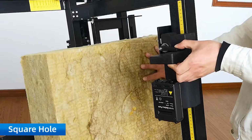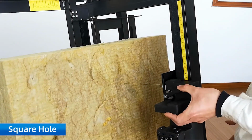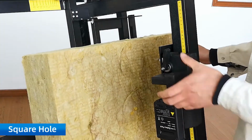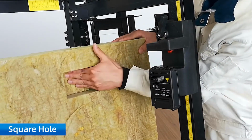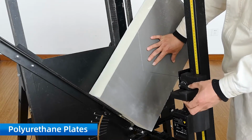The device features both vertical and horizontal wires for diverse cutting needs, including long straight cuts and intricate shapes, and a brake arm for precision control. Its adjustable support surfaces aid in achieving different cutting angles, while the compact design and included carrying case enhance its